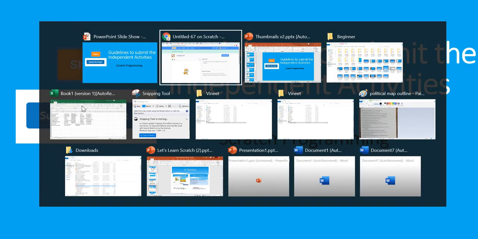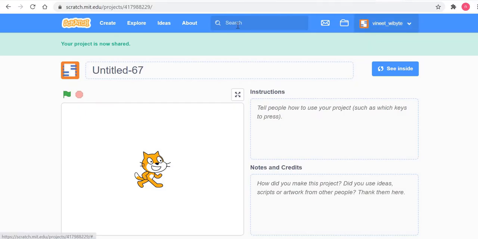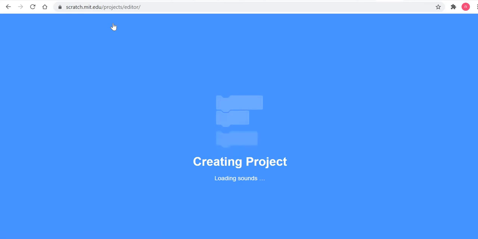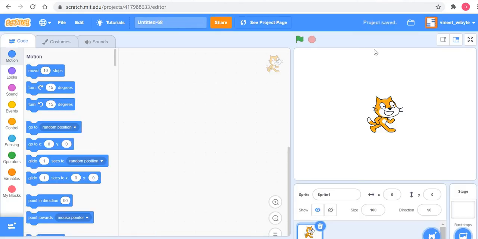So let me start, let's say I start to create a new project. The first thing I want you to notice before you click create is that your name is visible on the top right. If it is not, it only means that you are not signed into the Scratch platform. So please sign in, and make sure your name is visible on the top right. Number two, once you click the create button as I did here, you should be seeing this orange color button which says share.